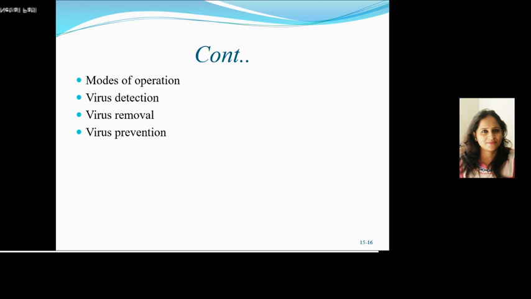Virus detection means virus detection programs normally check the integrity of binary files. It maintains a checksum on each file. In virus removal, there are some viruses whose bit pattern in the code can be predicted. The virus removal program scans the disk for the pattern of known viruses, and on detection it removes them.